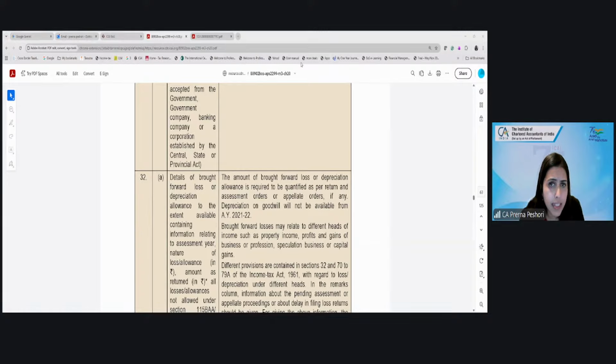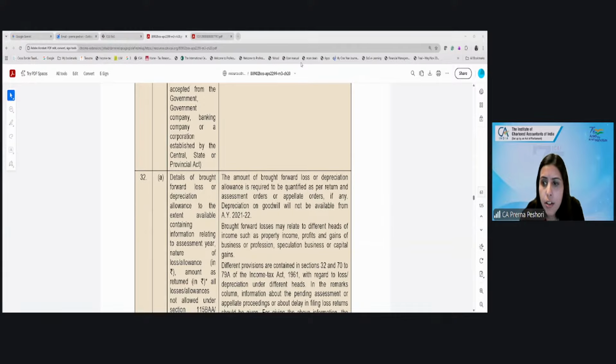So that is something which is a very easy thing. Only these things need the reporting over here, right? The losses which are there. So what are not allowed, that only you need to put over here. You need to look at past returns, revised return or updated return and see what is the carry forward of the loss. Or in case of assessment orders, see whether any losses have changed because of the assessment. So the tax auditor needs to see that. And basis that you have to report on this particular point.